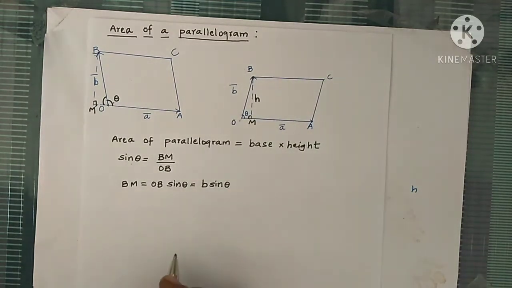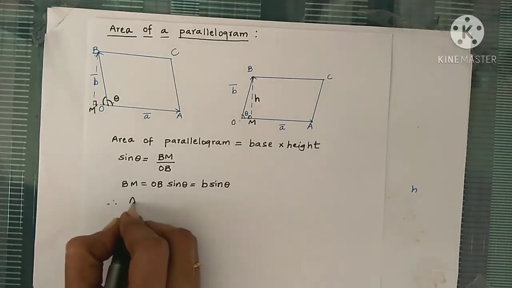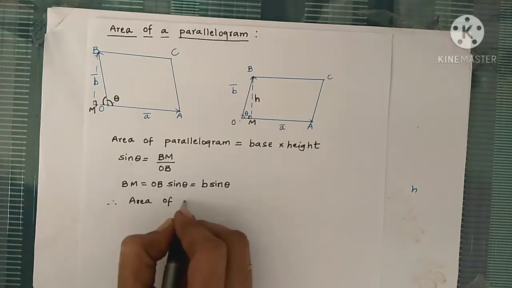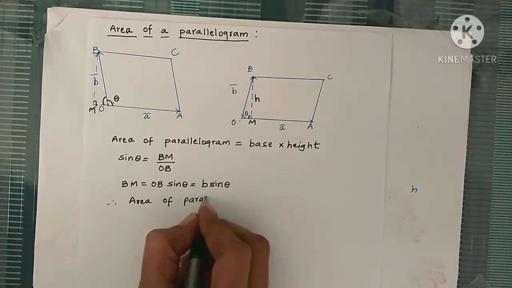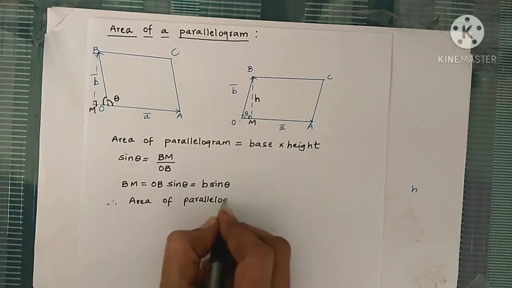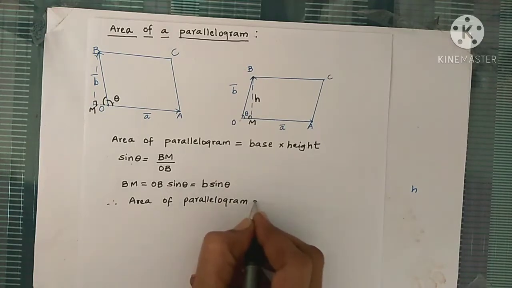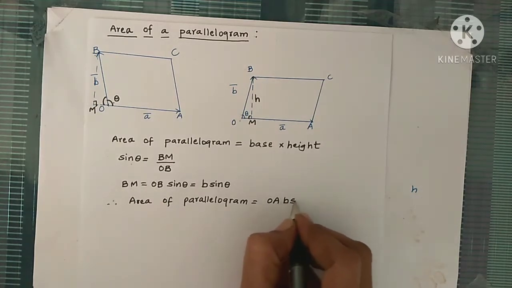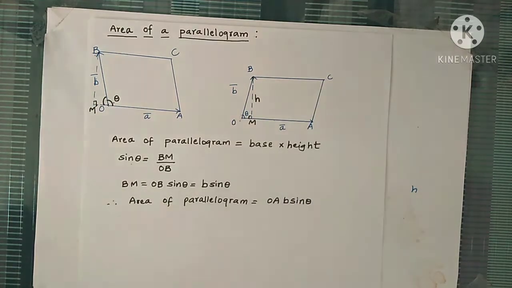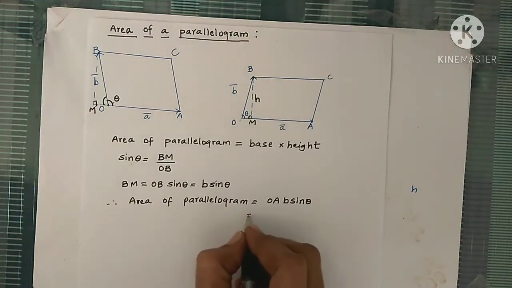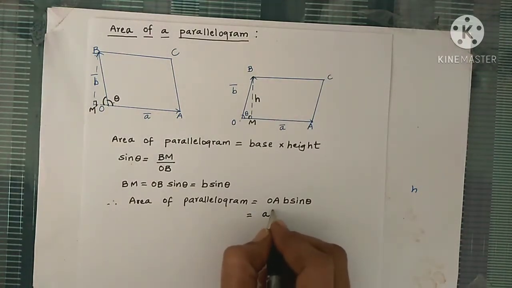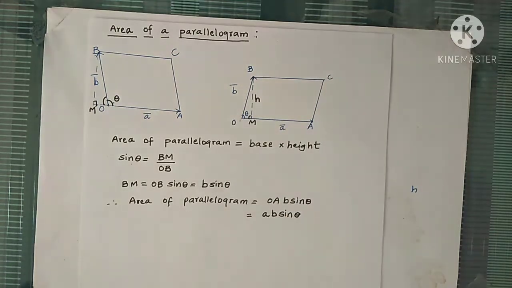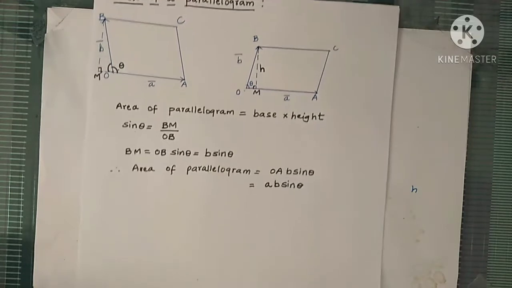So let's substitute in this equation. Therefore area of parallelogram OACB equal to OA into OB sine theta. So let's write it as b sine theta. Similarly OA bar is A bar, so this OA we can write as a. So it is ab sine theta, which is nothing but modulus of A bar cross B bar.